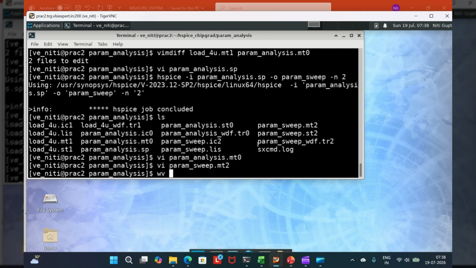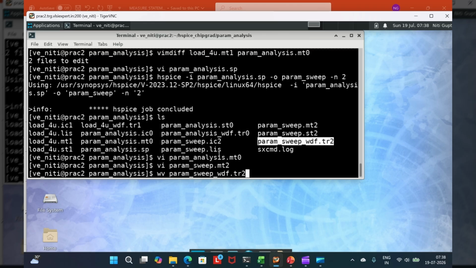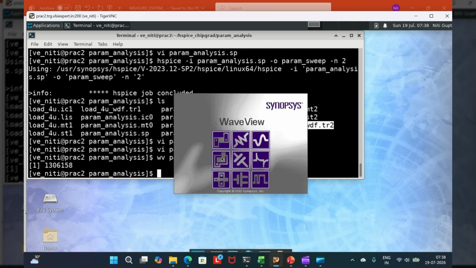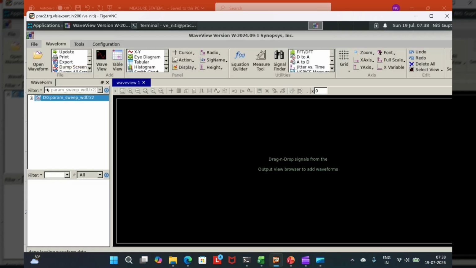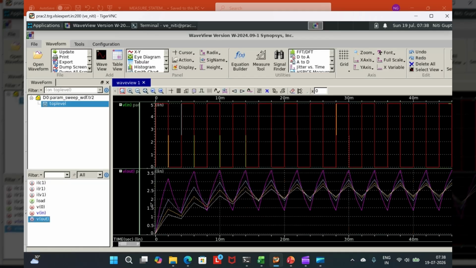WV, and I will just open this .tr2 wdf here to copy and just do the paste here. Yeah. Now in here I'll click top level, right? I will do v in, and if you see, right now we are able to see four waveforms, right?